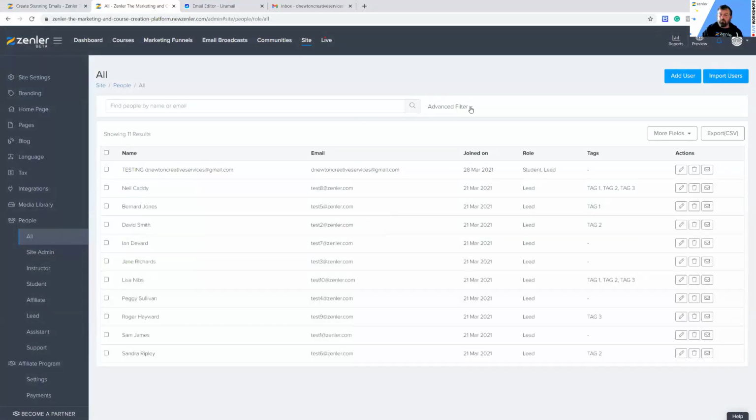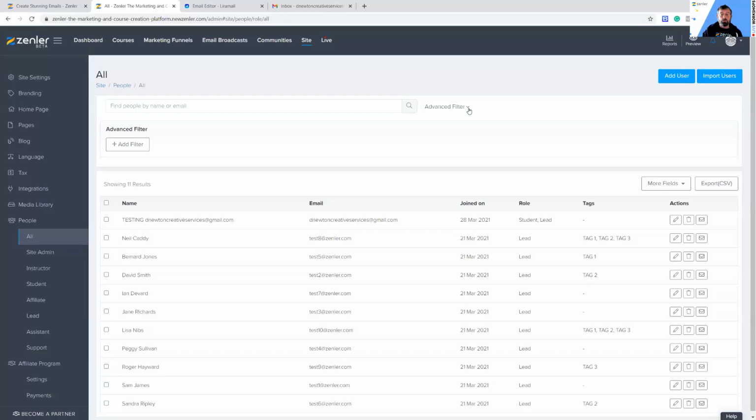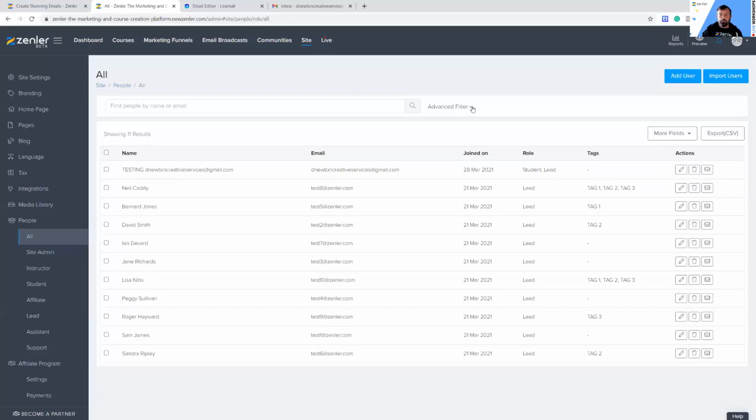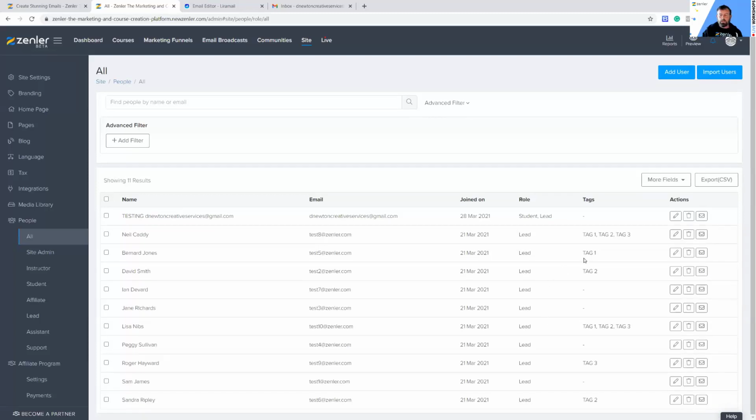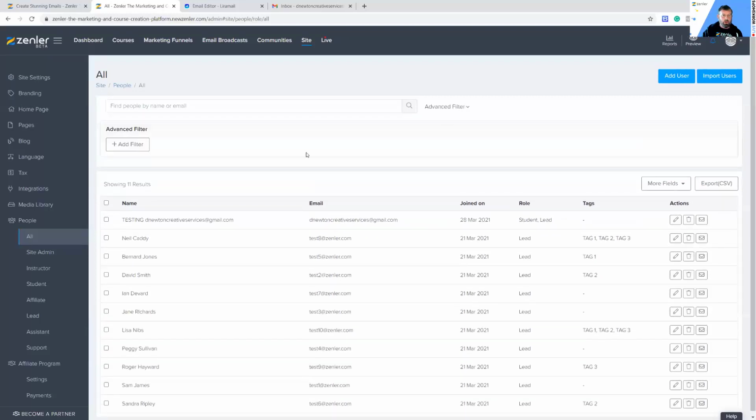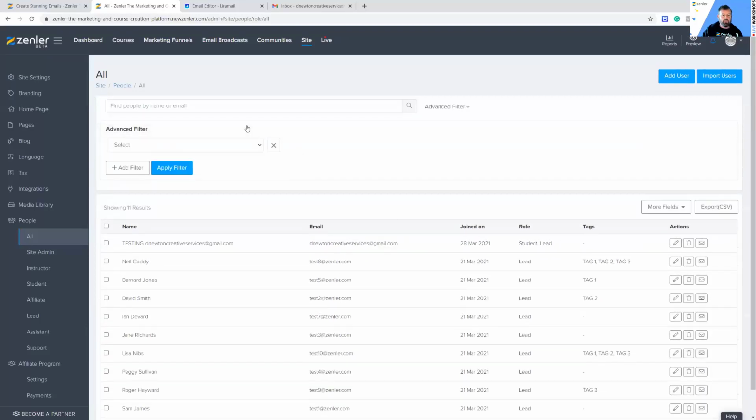But we've also got advanced search or advanced filter. So you can filter it all out, and you can filter it out based on lots of things. All you need to do is click in here. And what I'm going to do is target only users that have got tag 1. So that's 1, 2, 3. Okay, so we're going to target those 3. So I'm going to go into advanced filters here. Just make sure you click that so it opens up. We're going to add our first filter, and then you're going to go advanced filter and you're going to go